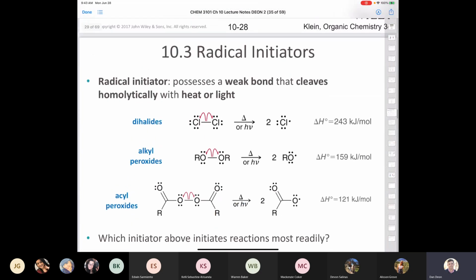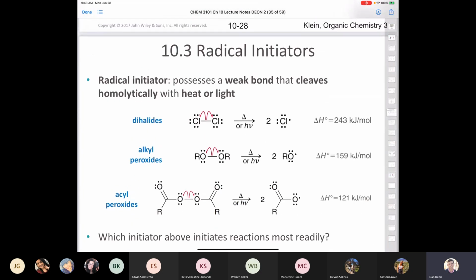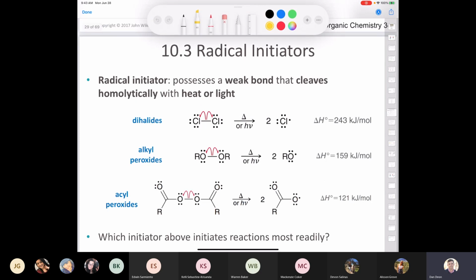So yeah, it says a radical initiator. It's better to use a radical initiator, and I think it's more common to use something that's got a weak bond that's going to break easier in the presence of heat or light. Again, you can just use a halide like chlorine or bromine. It can be done. I've done it myself. Okay, it's not a big deal, but sometimes you just need conditions where you need something that might be easier